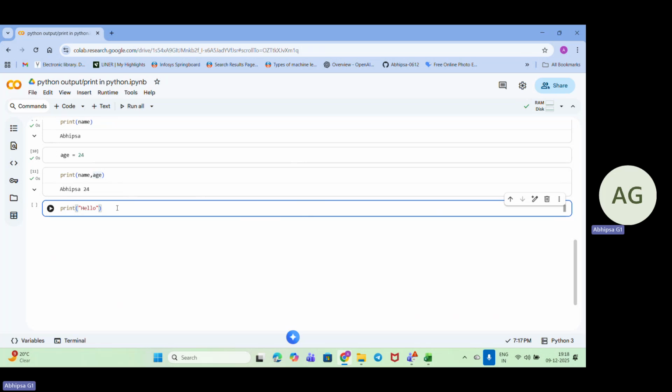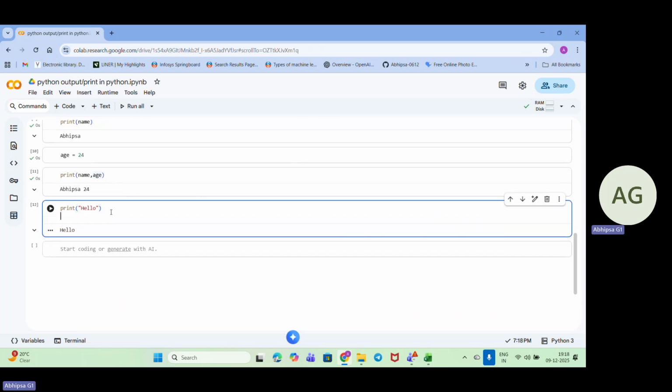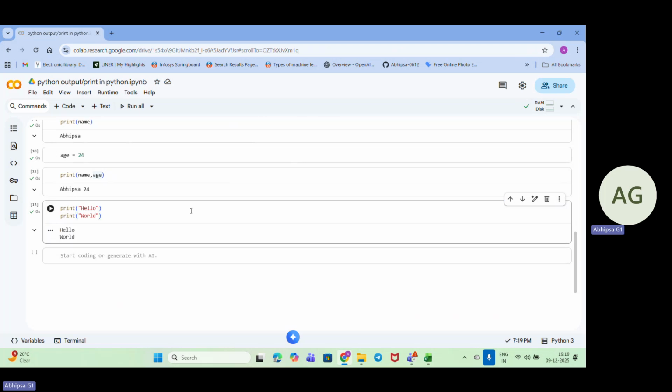Now if I need to print, just a moment, here let me print world. So I have written print hello, print world. Now I am running the code. It is giving me the result in different lines.